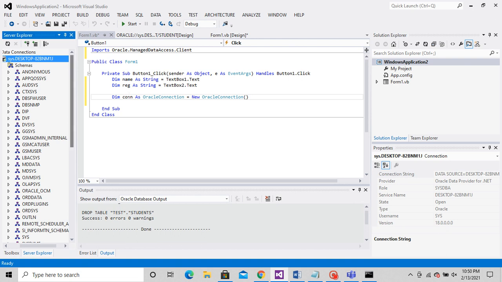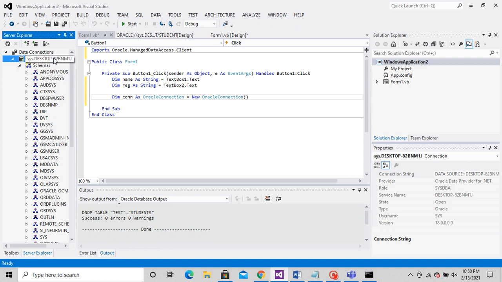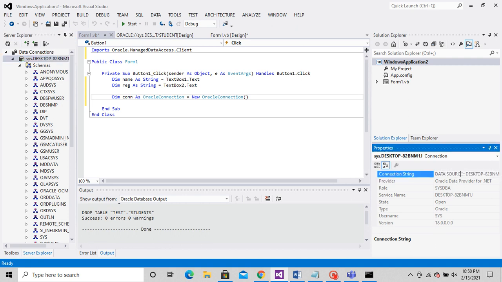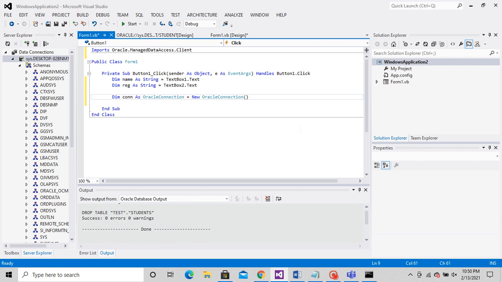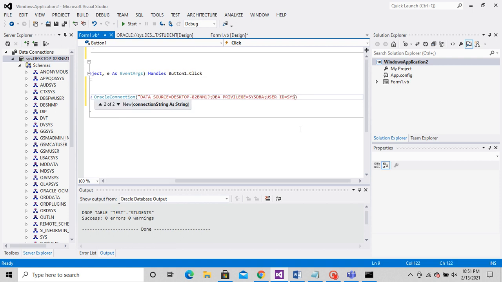Go to the server explorer on the left, hovering the cursor over that. Then come to the right hand side and under the properties you can see the connection string. Just copy the connection string from there and paste it within double quotes. I have pasted it within double quotes, and add the semicolon at the end.